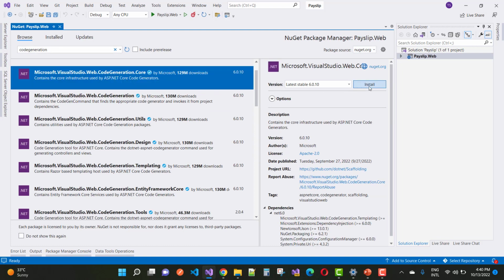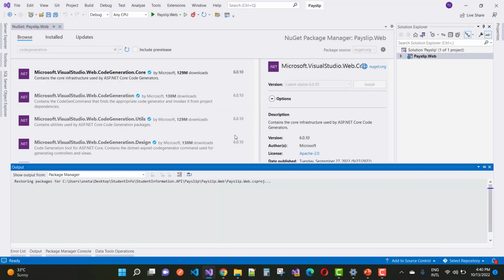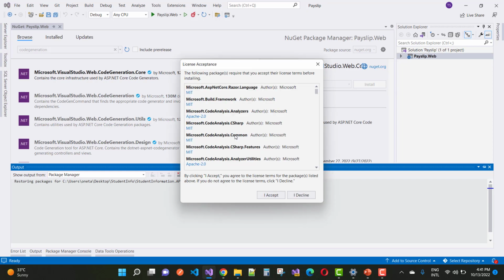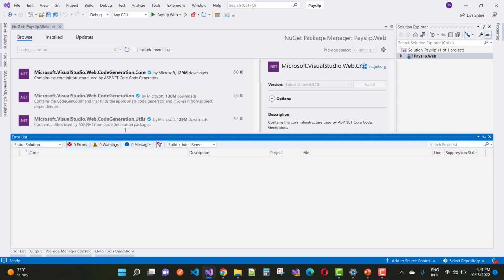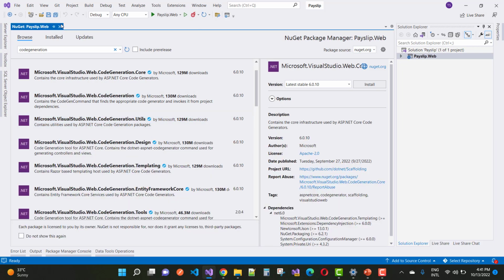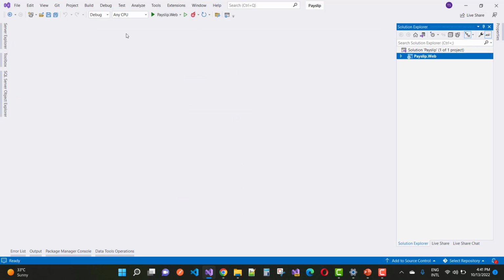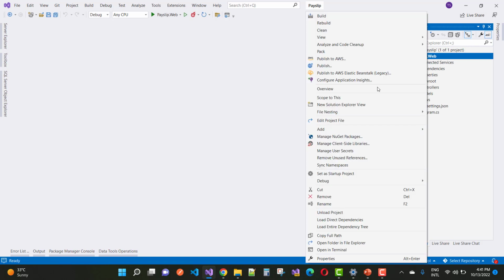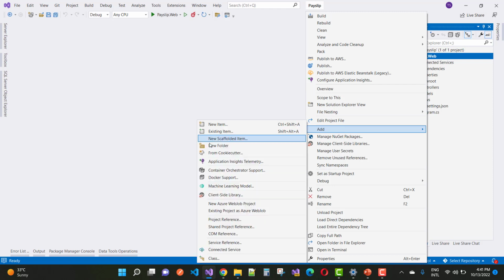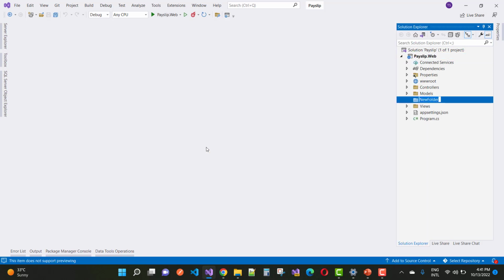Microsoft.VisualStudio.Web.CodeGeneration.Core, that is the package you must install in your project for scaffolding. And after that you have to create a data context class, and after that the registrations as well. So here we go, just add a new project, that is the data context. So here we have a new folder, the name is Data folder, and under the Data folder you can say